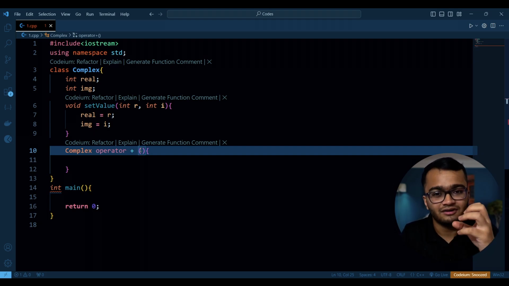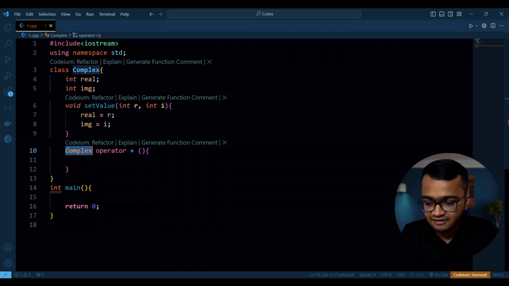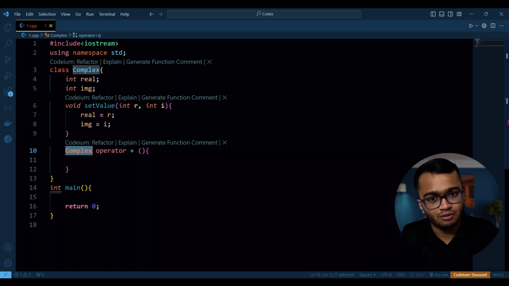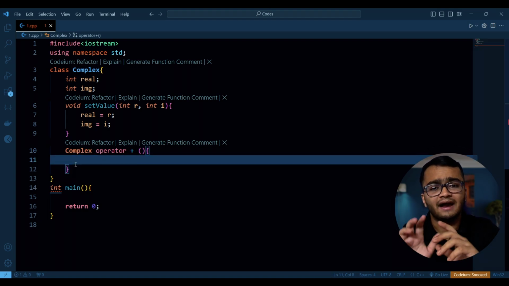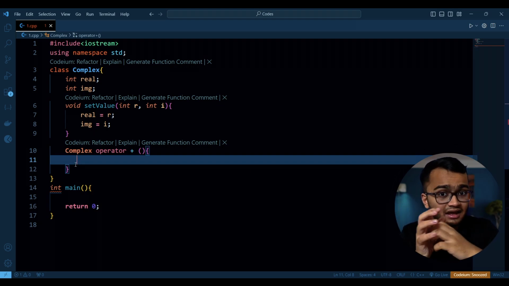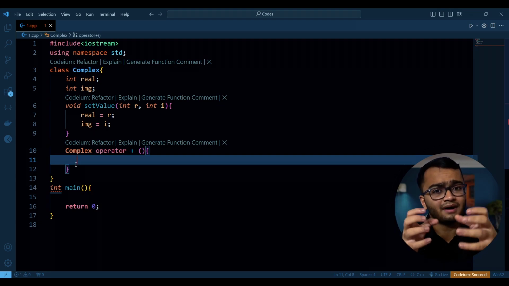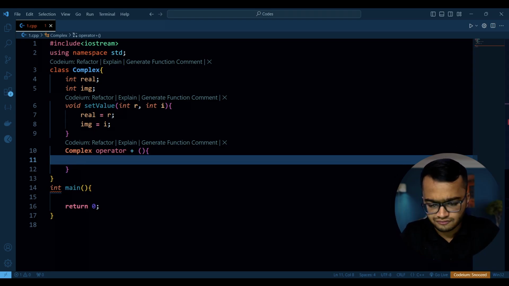So after adding, what you get is a new complex number, so you are going to return it obviously. And so for that reason we have the return type as complex number. Okay, now what are you going to add? I am going to add two complex numbers. So one complex number will be with me and another complex number will be passed to me as a parameter, as obvious as that. So for that I will have to write over here complex,